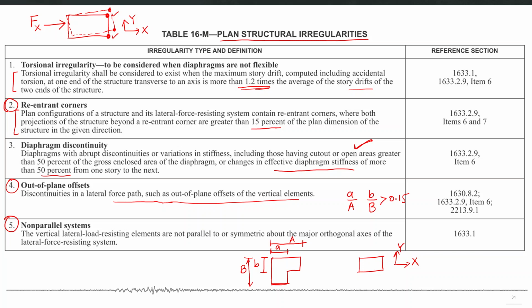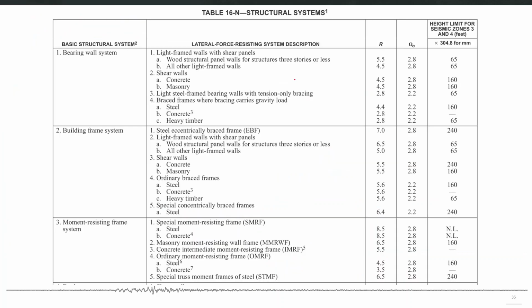For example, if the strong and weak axes of the building are the x and y directions respectively, and you have a shear wall system in a direction not parallel to either x or y direction of the building, in that case you can have a non-parallel system and this type 5 kind of irregularity. So you have to check for all of these plan and vertical irregularities, and there are special code provisions for structures having these kinds of irregularities, and you have to check those provisions also.